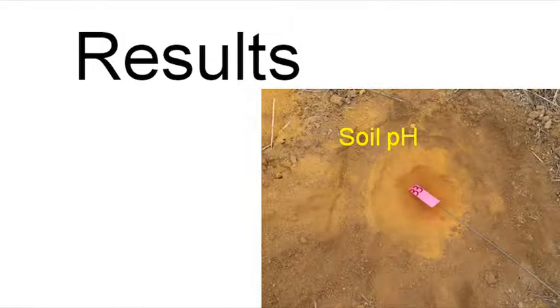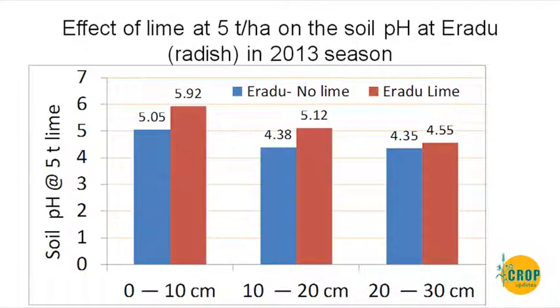So, what we found, let us look at the soil pH first. Now, this is the Iradu radish site. The soil pH in the top 10 centimeters increased by almost 1 unit, and this is the data from 2013 at the lime rate of 5 tons per hectare only. So, comparing no lime and 5 tons of lime,